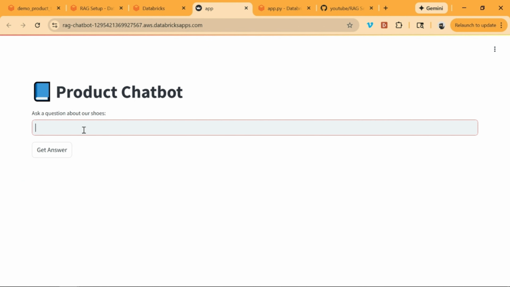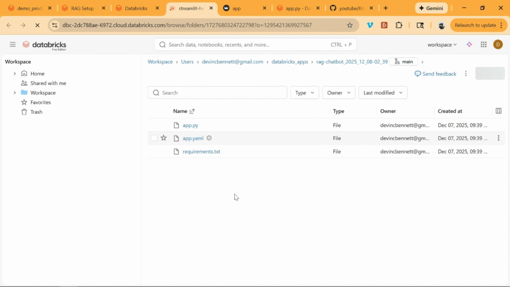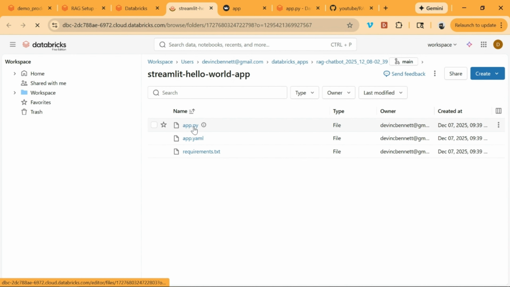We basically just have a text input field where we ask the question and then a button that will call our RAG pipeline and generate an answer below. So let's jump into the code. Click on this. It'll open up your source code. And then you can see we have app.py, app.yaml, and requirements.txt. We're going to be using app.py and